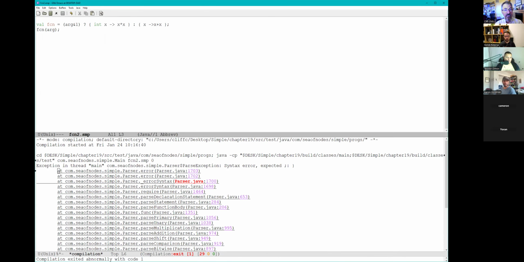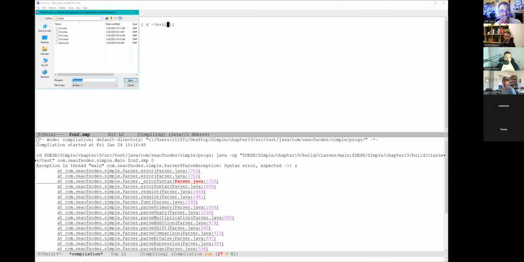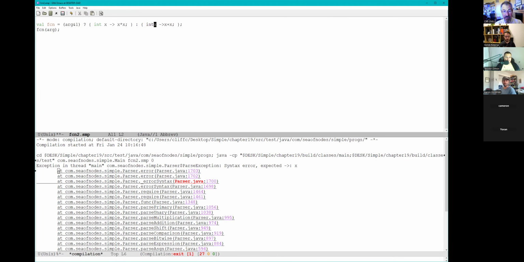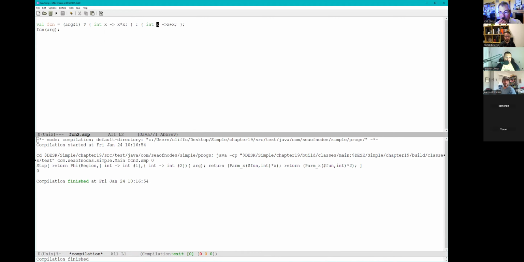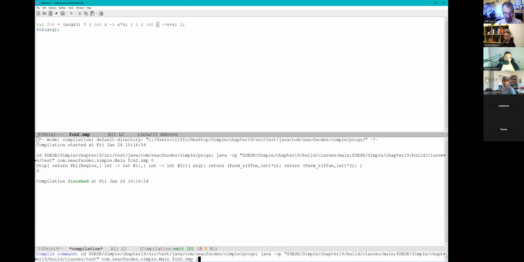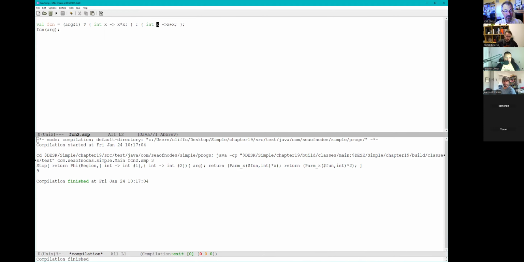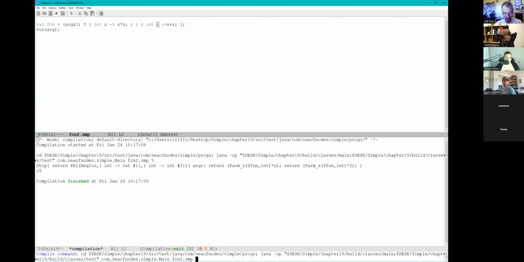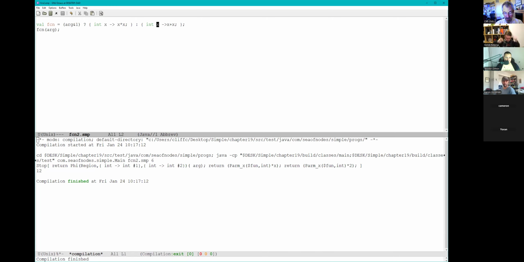What's this blow up? Where am I missing a semicolon? Expected an arrow. Yes, bad type. Boom. Okay. And change this to a 1. 1, change it to a 2. That's not very definitive. So 3 is odd, so it squares, and 4 is even, so it adds, and 5 is odd, so it squares, and 6 is even, so it adds. So basically, I've made 2 anonymous functions, and I can pick between them.